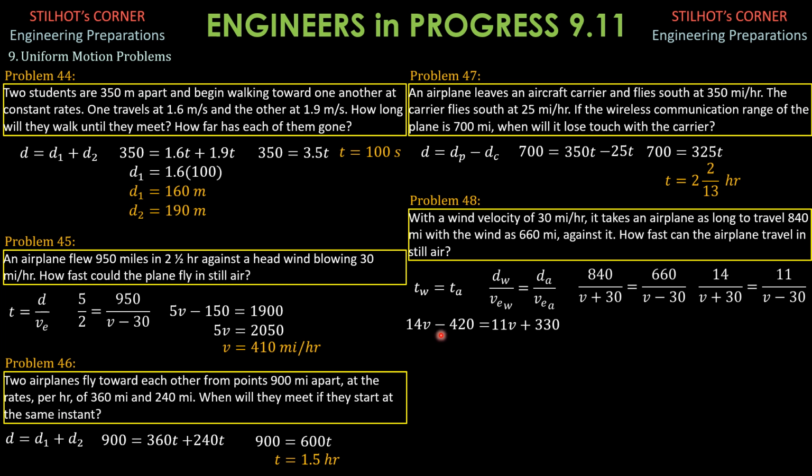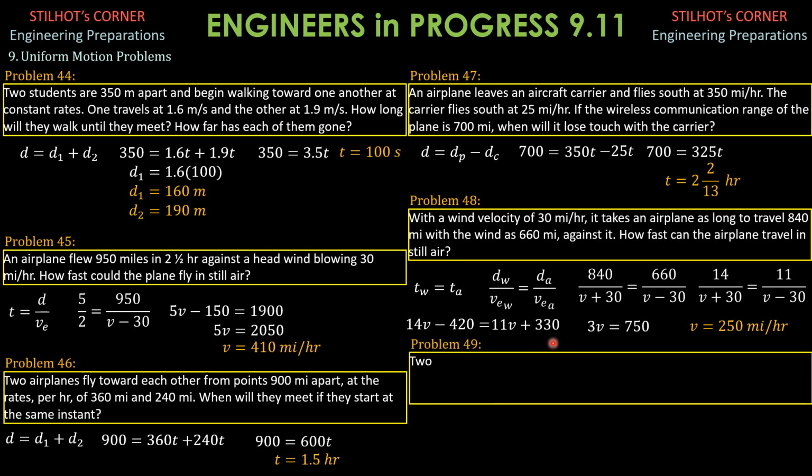Simplifying, 14v minus 11v is 3v, and 330 plus 420 is 750. So dividing everything by 3, v is 250 miles per hour. So that's the answer, the speed of the plane in still air. Then lastly,